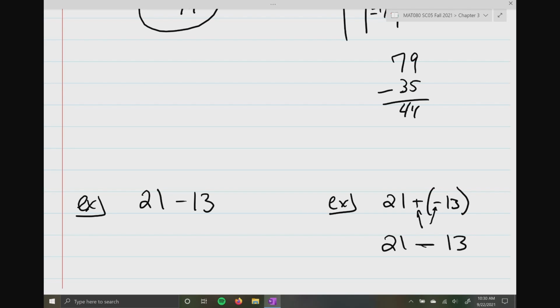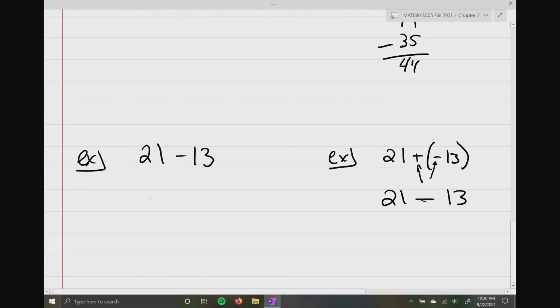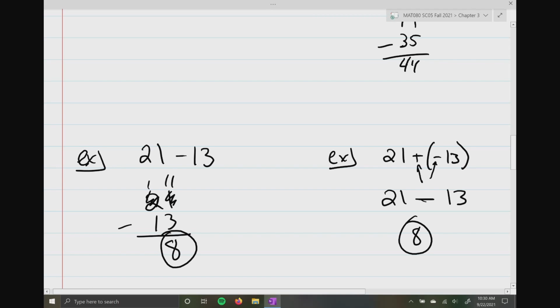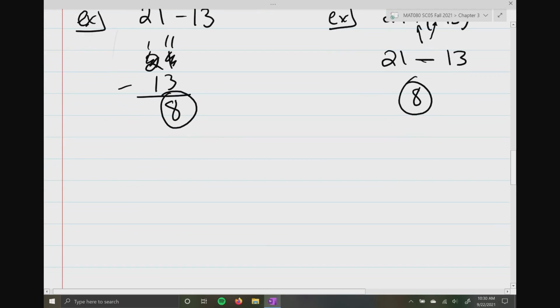Now, what's nice about this, you can literally just stack this and just subtract. I got to borrow. 11 minus 3 is 8. So the answer is 8 for both of them. How are we looking? Are we okay? All right. So, like I said, the only way that I can make these more difficult